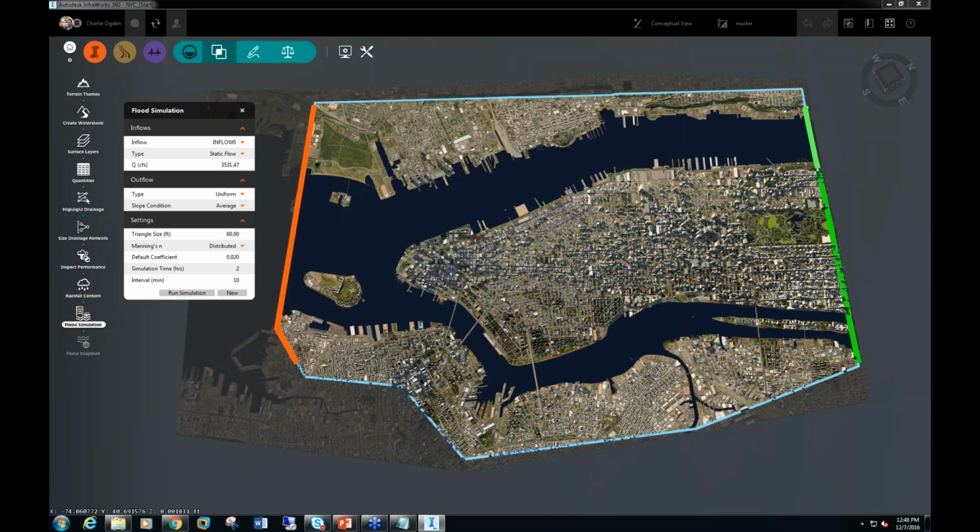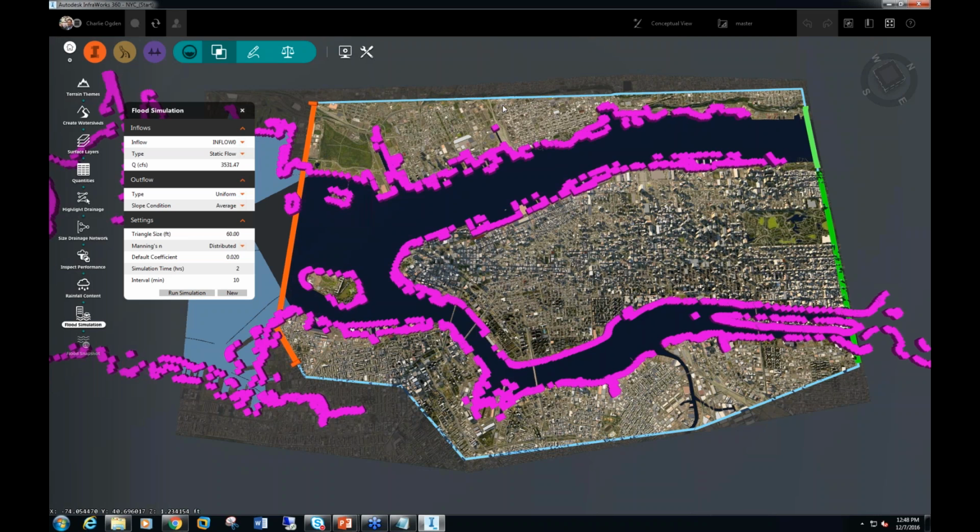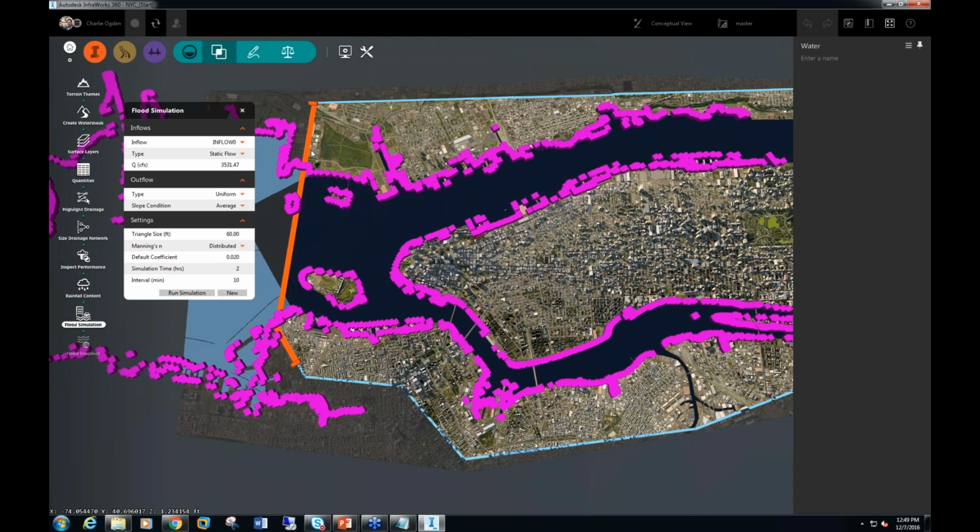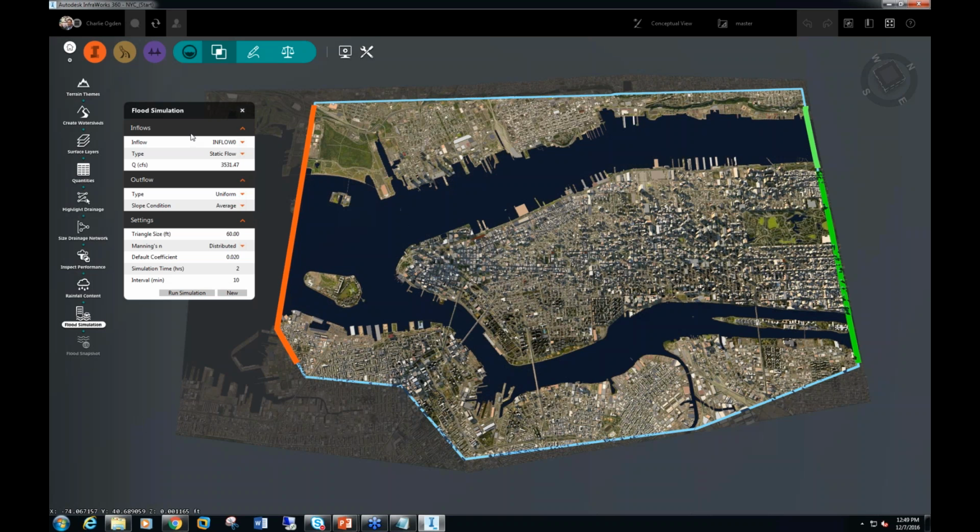So with the inflows in this case, instead of using the static flow, I'm going to use the discharge versus time and the elevation versus time. So you'll see under inflows, I have two inflows here, and when I select them, you'll see they get highlighted in orange for which the current one is. You can also pick them graphically here. Whoops. I picked shape. So we can switch between the two inflows, and for this one, the storm surge, I'm going to use